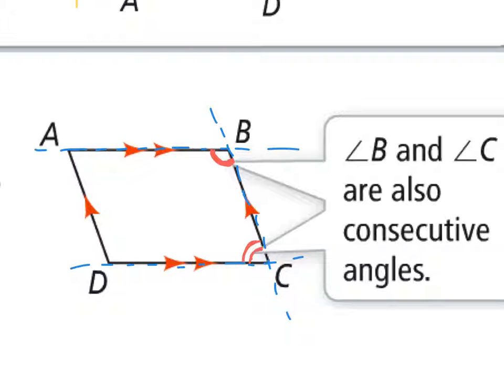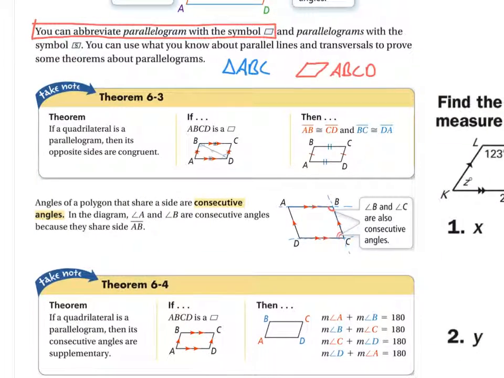It was the same thing, different name. And do you remember what was true about those angles? They were supplementary. We learned that way back when. We're coming back to it again. Same side interior angles are supplementary. So that means if we have a parallelogram,